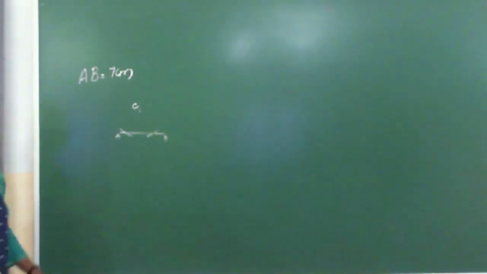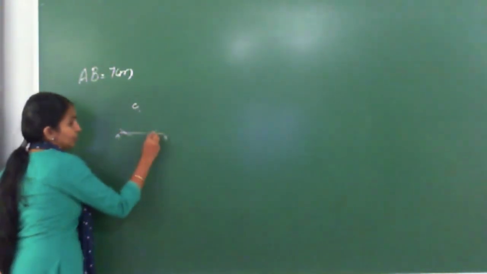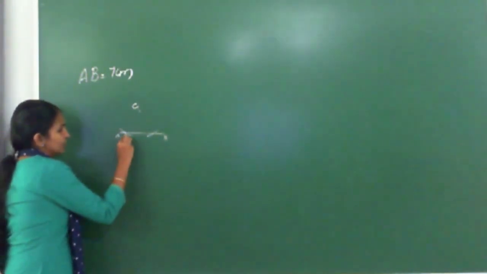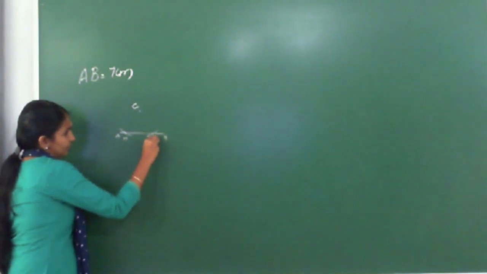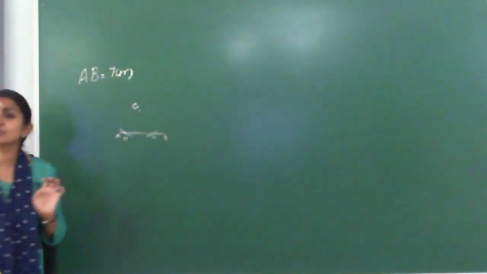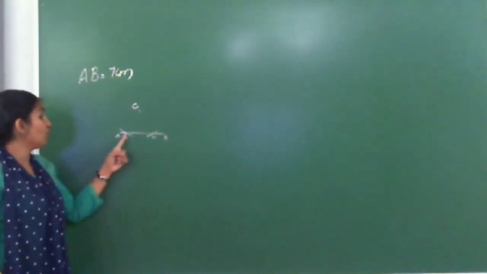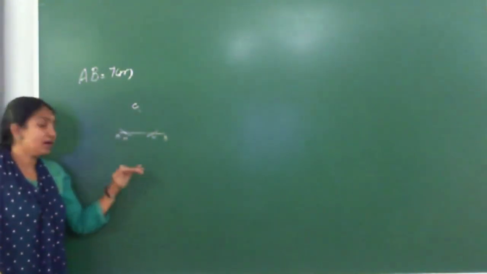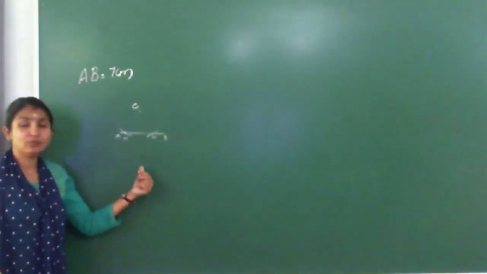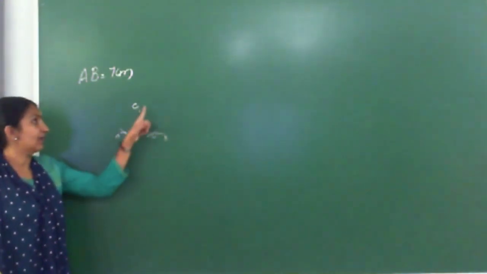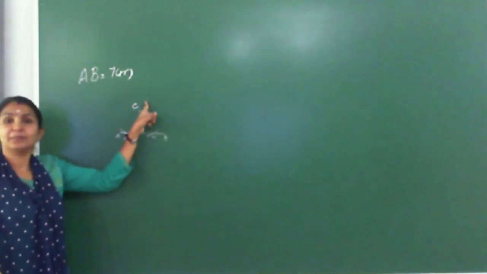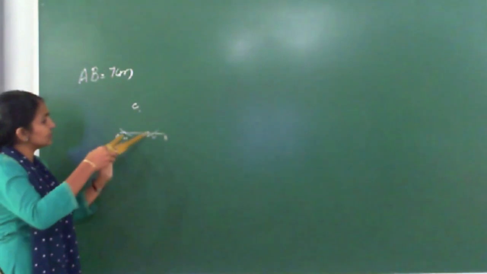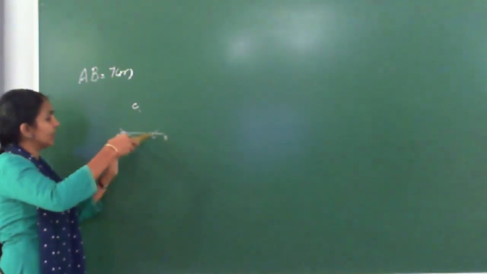If you want, you can mark them as P and Q or M and N, it's up to you. I just marked them as M and N. So we got two points. Now what we need is to keep these two points as centers. If the point is on top, the arc should come down, and if the point was at the bottom, then the other two arcs will come up. Any length we can take in our compass.